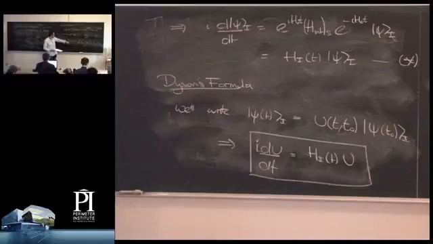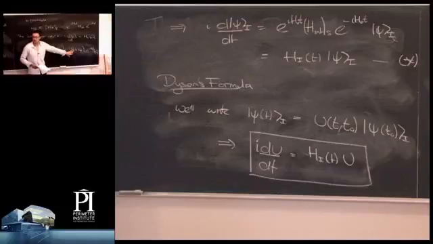We're going to get two terms, obviously. The time derivative hits this and the time derivative hits this. But when the time derivative hits this, it pulls down a minus i, which cancels that i there, H0, and that cancels this term here. So what we're left with